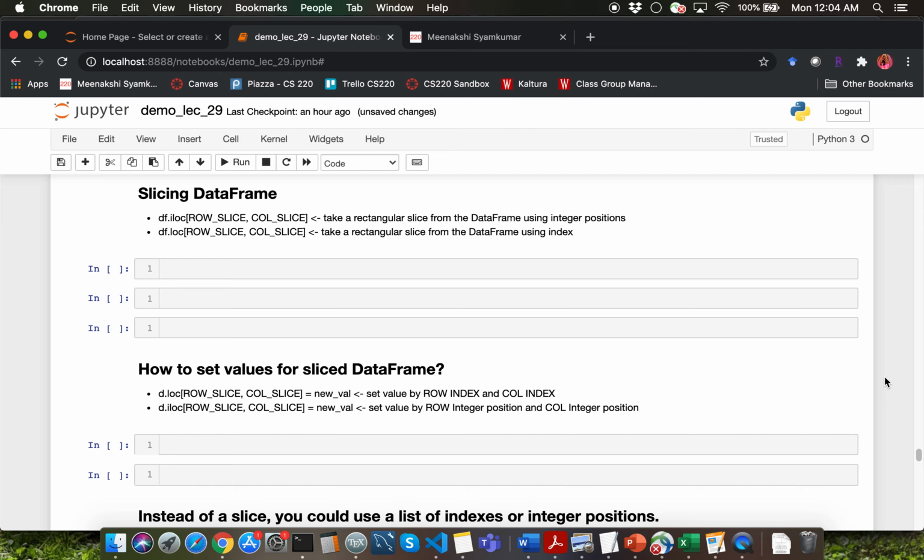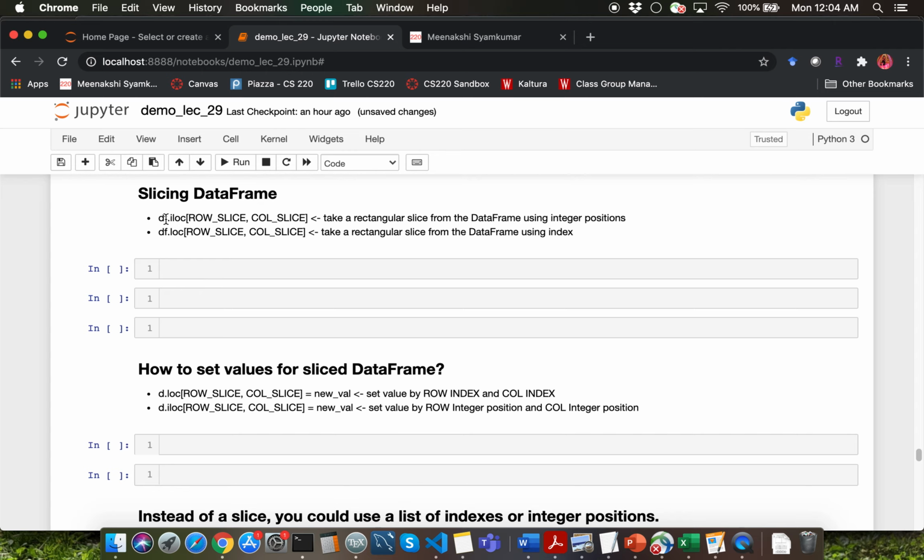Since data frames are two-dimensional entities, we'll have to explicitly mention details about row slice, followed by a comma, then followed by details about column slice. We can use iloc and loc just like we have been using those for looking up a certain data entry within the data frame.